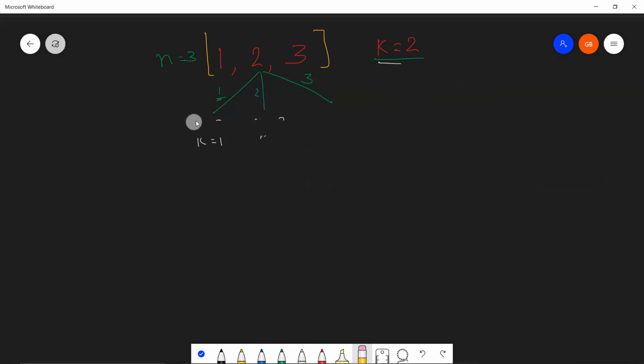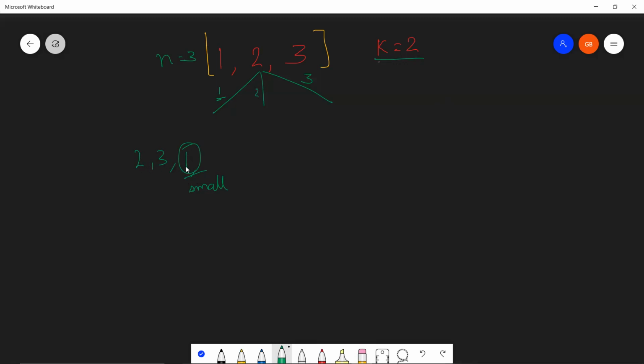Now, what some other way is that let's not fix the first position, let's fix the last position. So what I'm going to do is I'll fix the last stick. Now what I'm doing is 1 will be the last stick over here, and then I have 2 and 3 left with me. So 1, since it is a small stick, will never be visible. 1 is a very small stick.